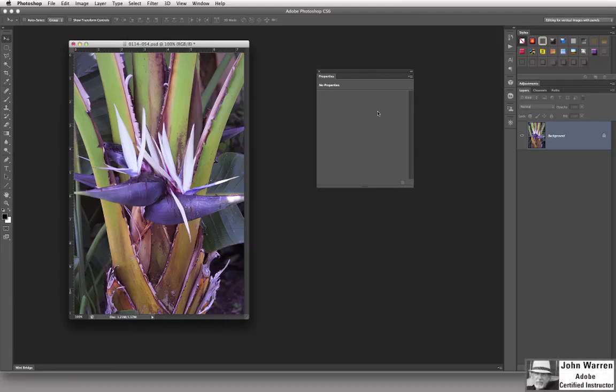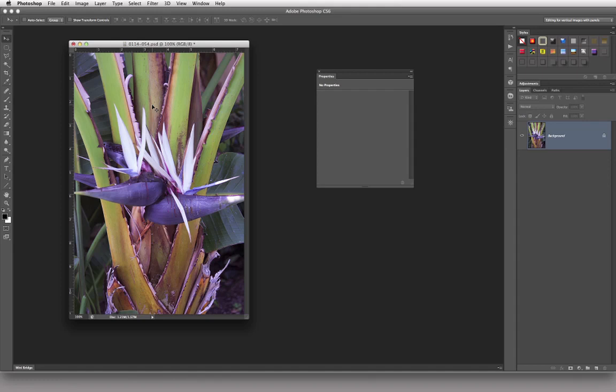Right then, in this lecture, what I want to show you how to do is use the color balance adjustment layers. Adjustment layers are these amazing things you learned about in a previous module. But right now I want to work with the color balance adjustment layer. Take a look at this image I have on screen here. As far as I'm concerned, there's a little bit too much magenta-ish stuff going on